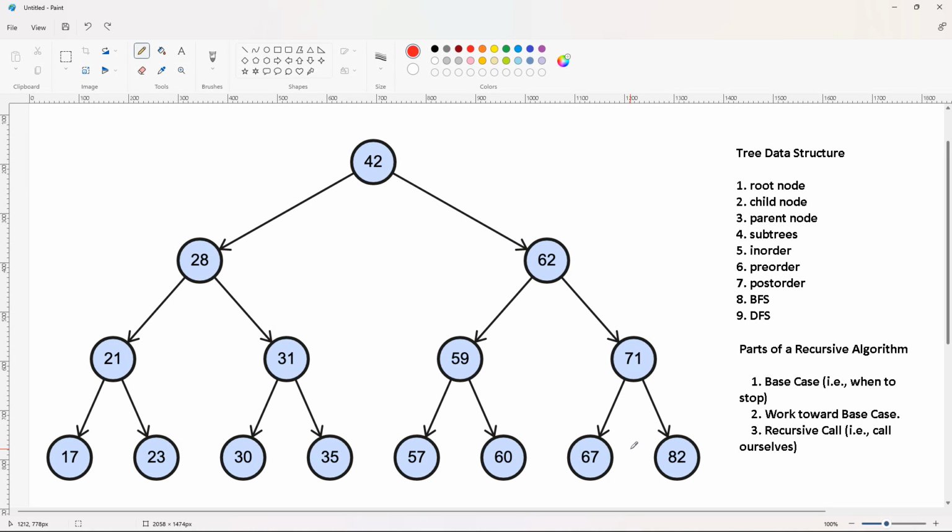Hello everyone, welcome to this new series on trees. This series of videos will be trying to solve problems related to trees on LeetCode, especially looking into binary trees in specific. So in this first video in this series, we'll be learning about some of the basic concepts of tree data